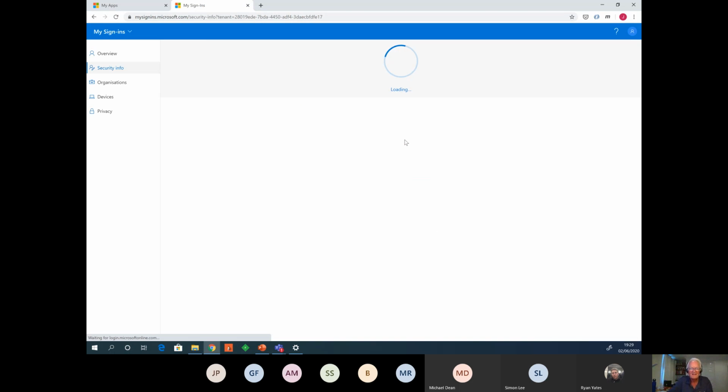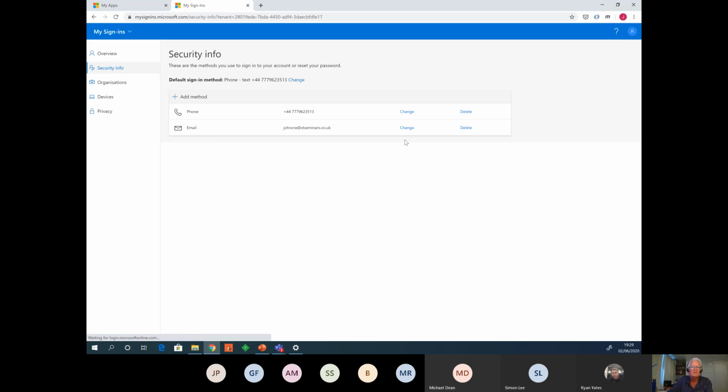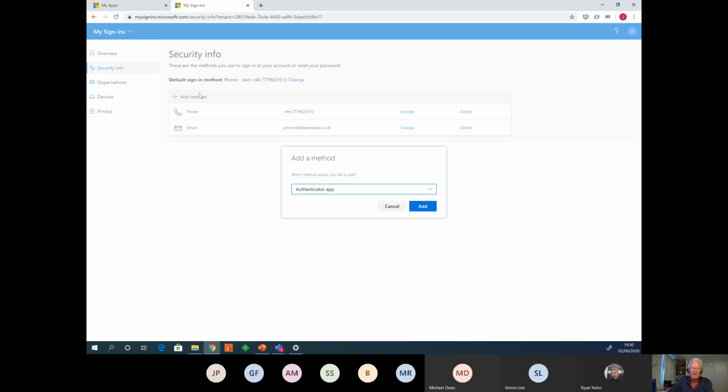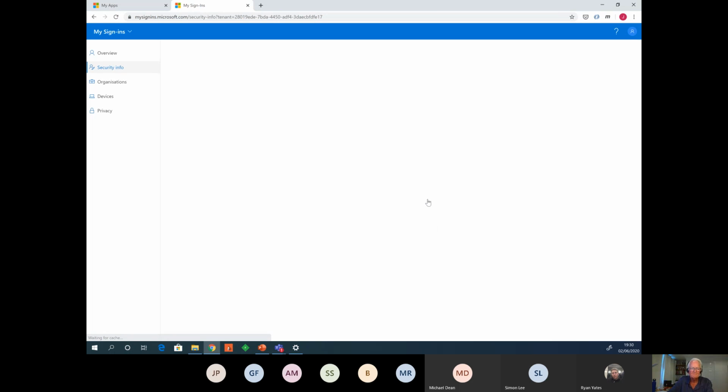Hopefully I got it. It just flashed up on my screen. Okay, so now I've got a phone, MFA, I've got email as a sign-in method, and I'm going to add a method. And rather than using the Authenticator app, I'm going to use a security key. So I'm going to add the key. Next on there,